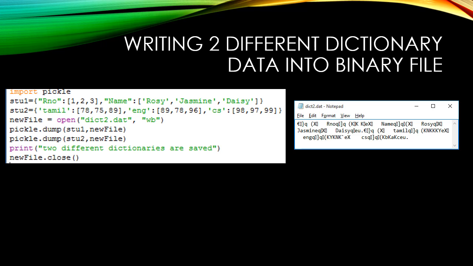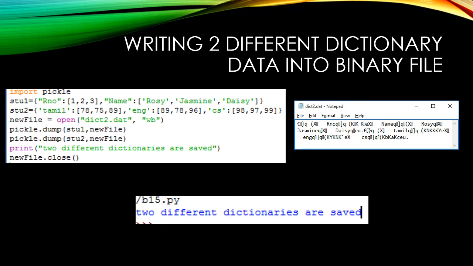So pickle.dump of the first dictionary object stu1, comma, the file object. Likewise, the second dictionary object stu2, comma, the file object, and then you can close it. See, two different dictionaries are now saved in that dict2.dat file.